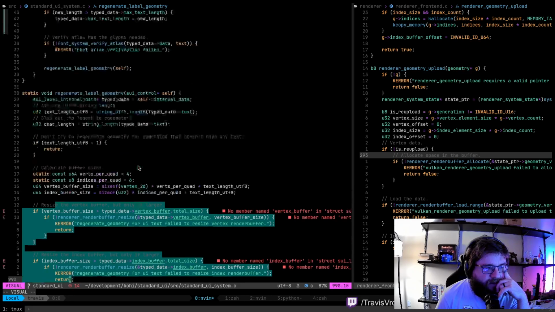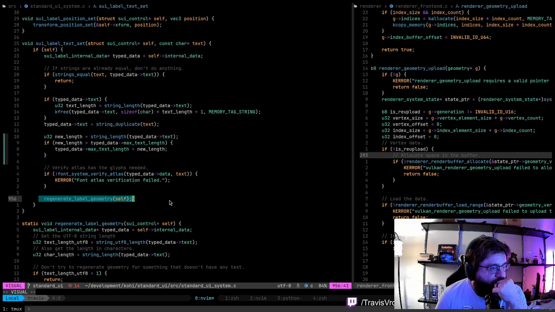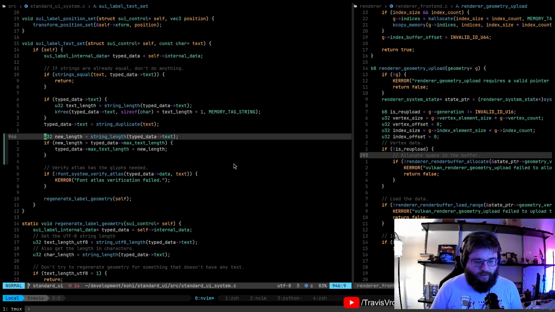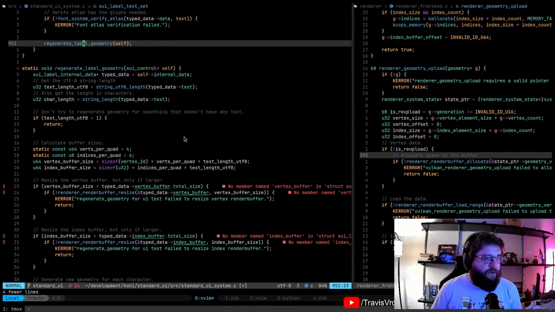So I don't think we have a way to say what this previous value was when we call this. So we actually don't need the new length yet. So I suppose we could move this off to our regenerate geometry, right?